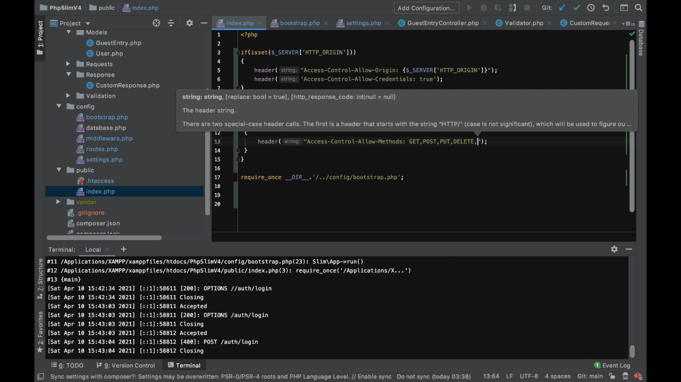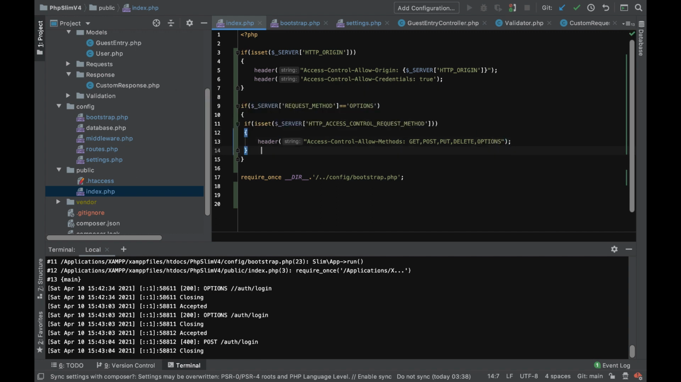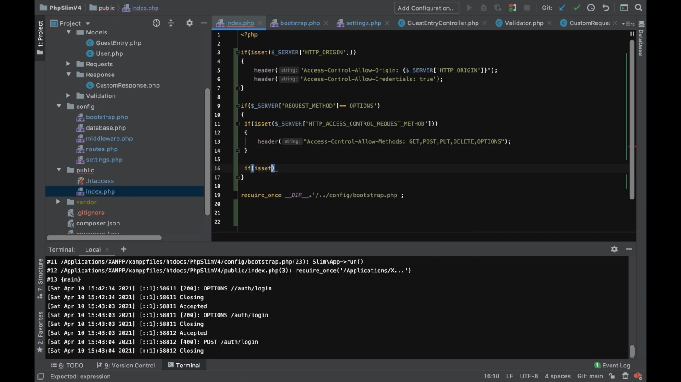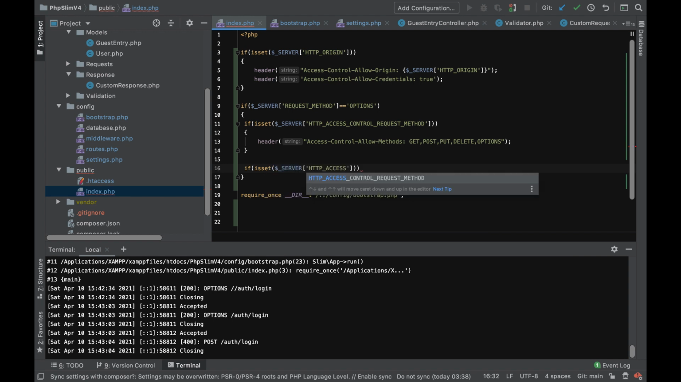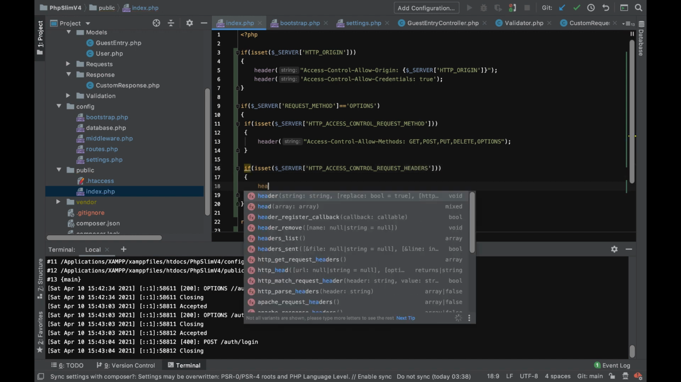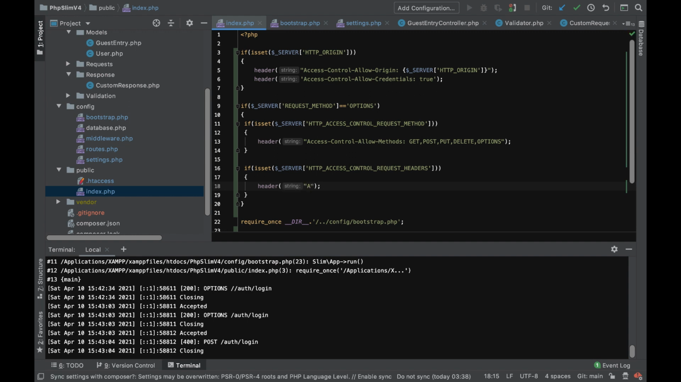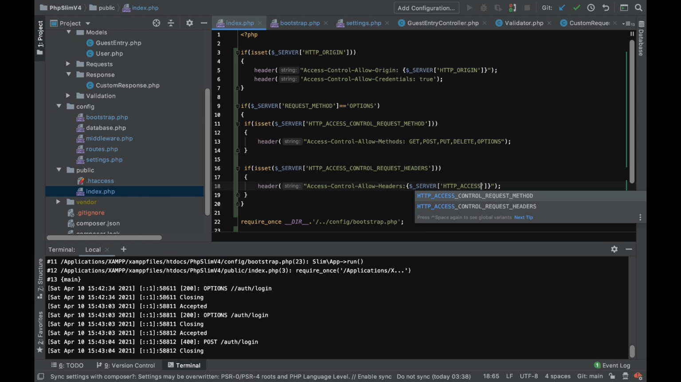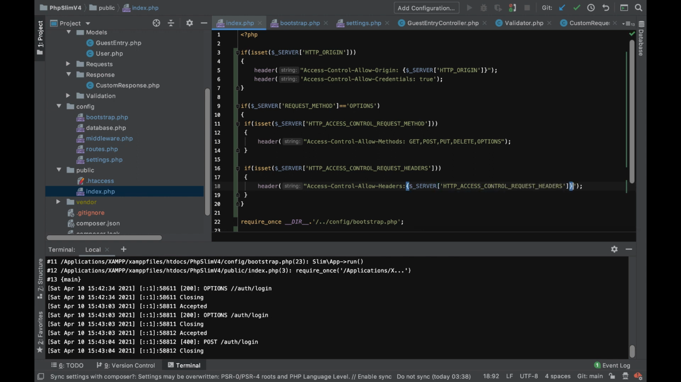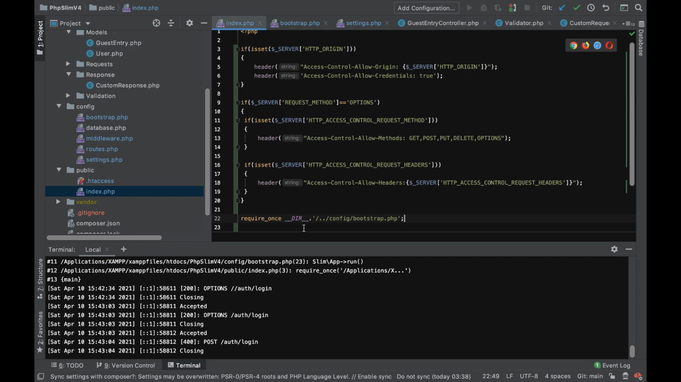So after setting the allow methods, we are also going to set our request headers. So in here, if it is also set, which is control request headers, so HTTP access control request headers. Yes, so here then we will now set our header, and this is going to be our Access-Control-Allow-Headers, and right here we will then have our $_SERVER HTTP access control request headers. Okay, then we're going to save this right now, and if we head back over to our application,